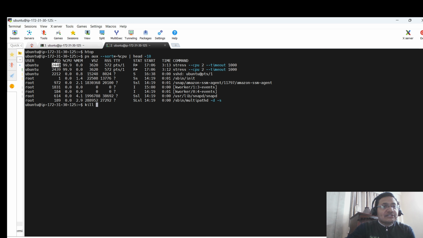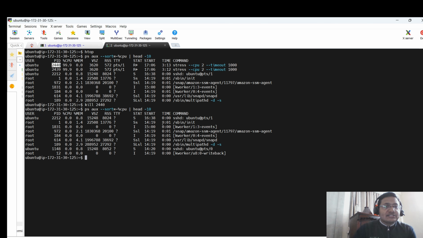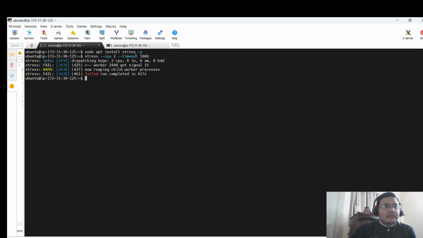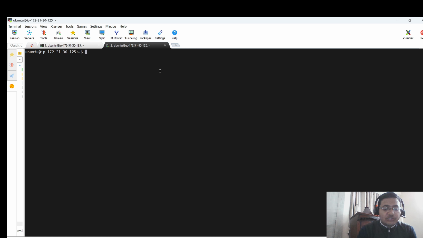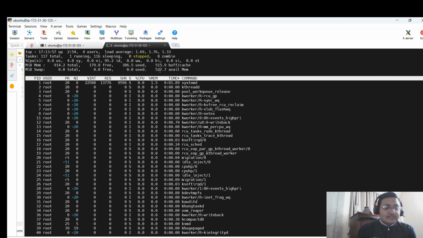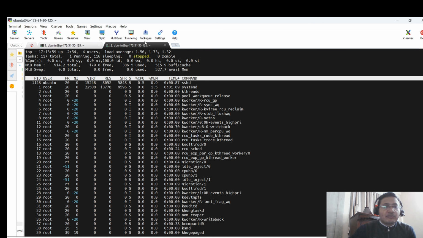So I can copy this, I can paste it, hit enter, and if I repeat the command, I won't see this again because the process has been killed. And I can see on the terminal also the process was killed. And now if I do top, then sort it out with shift P, you can see the process is gone. And now